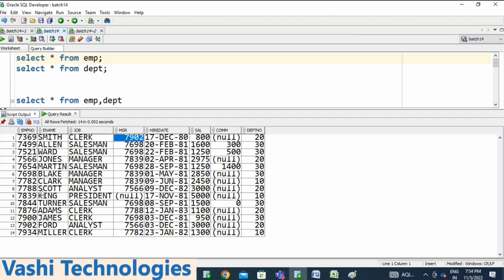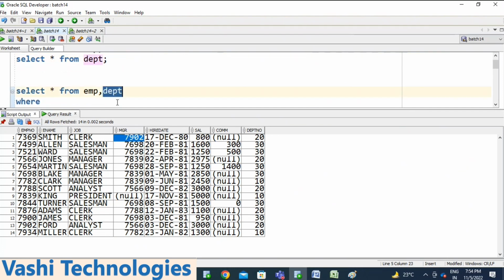Yes. In this case, if you want to retrieve employee information along with manager information, I need to retrieve the Smith information along with manager information. How can we retrieve it now? I need to use EMP table, comma, EMP table.